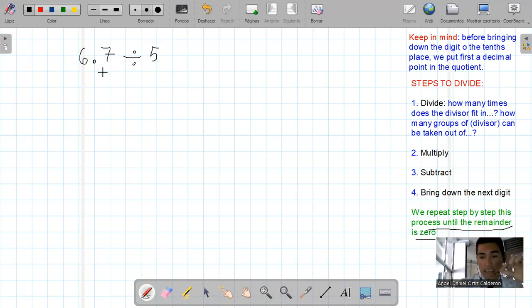Well, I ask you this before setting out the problem. Oh, the number 7 is on the 10th place, right? The number 7 is on the 10th place. Now, which number is on the 100th place? So here we don't have any number on the 100th place. So we can place a number 0, and this won't change the value of the dividend because